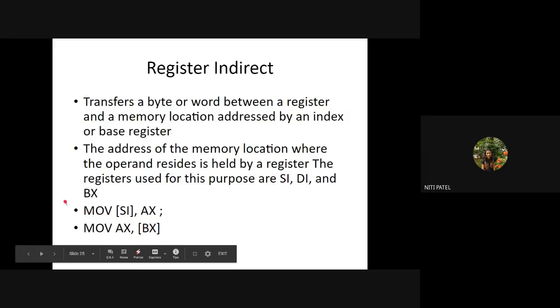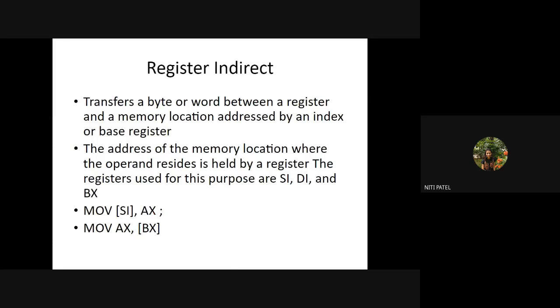So when I give you an example, MOV SI, AX. Okay. Is this instruction using either base or index register? Yes, it is using index register, which is SI. Therefore, this instruction belongs to register indirect. Move the contents of AX, that is accumulator, into the source index register. Okay, if the instruction has either an index register or a base register, then that instruction is called a register indirect addressing mode.